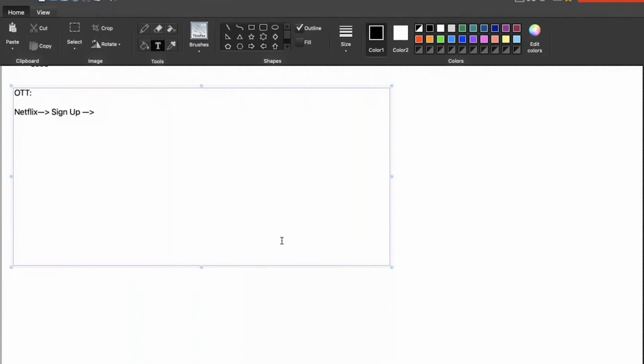Then next thing, what I need to do after I do the sign up, what I will be doing, I will be choosing something like what? Okay, I have selected the sign up. Okay, I completed the form. I put my credit card, verify my account. Now what I am going to do, I'm going to choose what? Subscription now, right? Now I will be choosing subscription, that I want 5 users, and 4K, and you can watch, 4 people